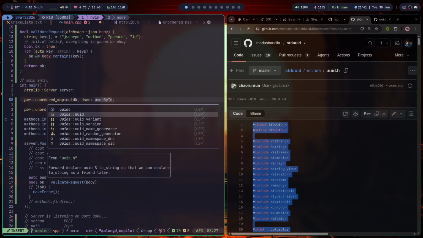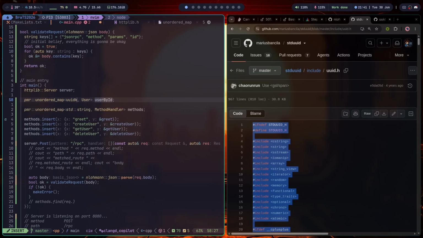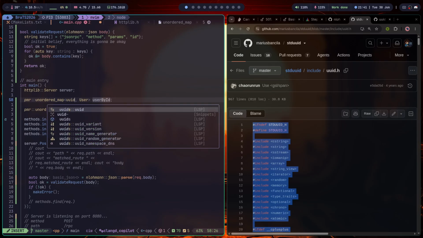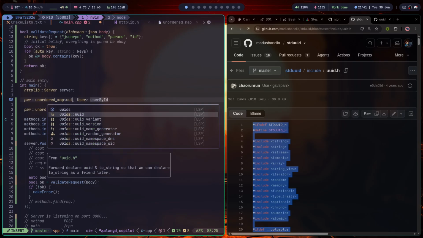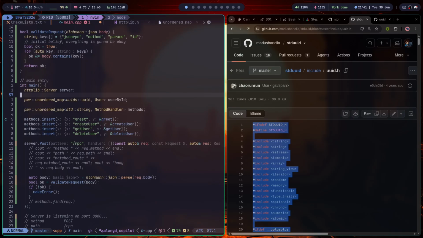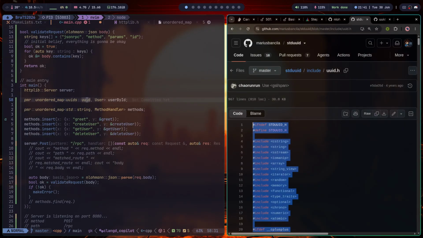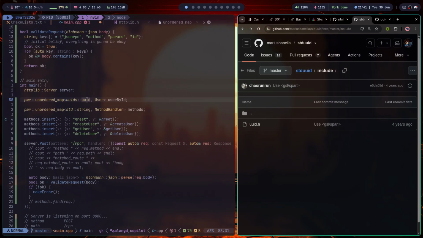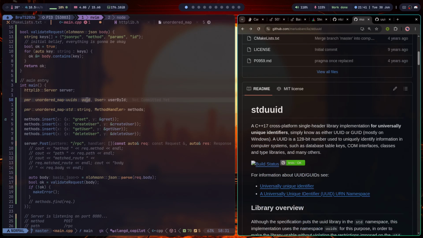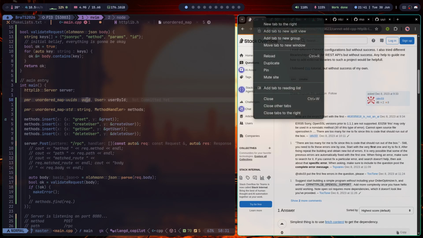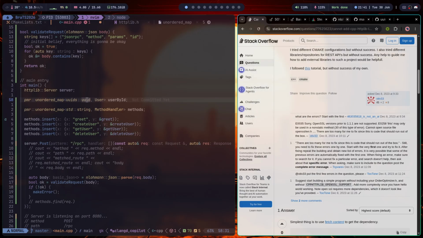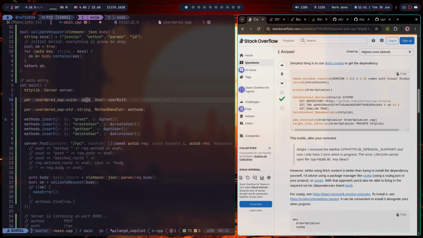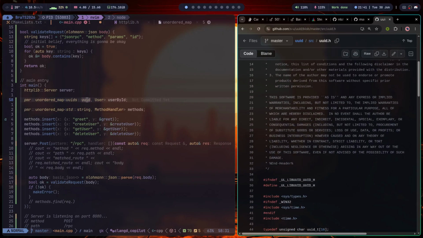All right, so that should basically make UUIDs. Okay, so basically this, right? This guy right here. UUID. This one. All right. So now we can do a UUID for the user. A bit more cool, I guess. Not that important, but I guess it's nice. And we have their documentation here that we could then use. Right, so